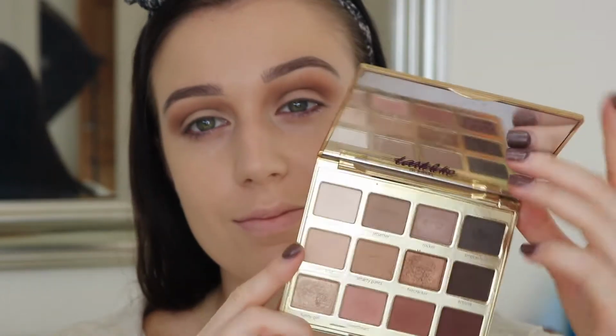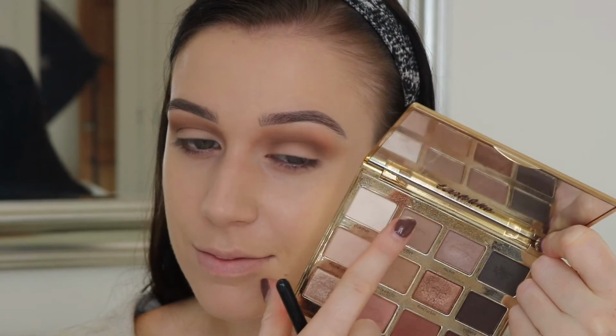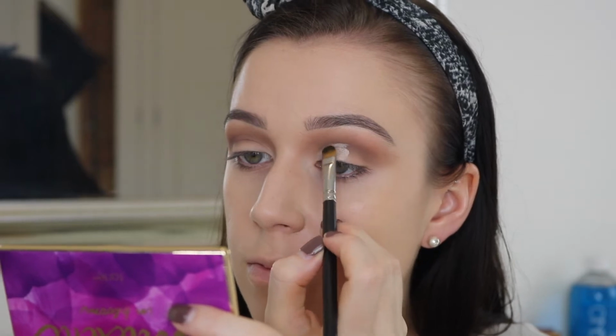And unfortunately at this point I realised that I hadn't pressed record when I started with my eyes. So I've already done my base and everything. I'm just taking my Tarte Tartelette in Bloom palette and taking a mix of Jet Setter, Smarty Pants and also a bit of Activist as well, and just popping that in the crease. I mean, it's nothing too crazy. I've just basically blended them all together to create like a little gradient, and then just using my Lasting Finish